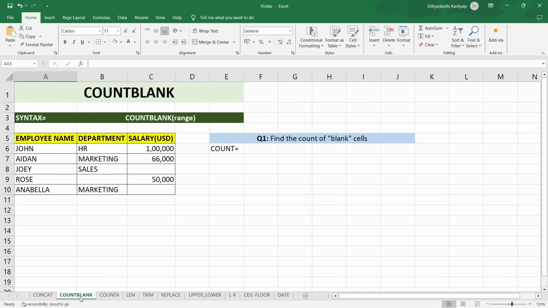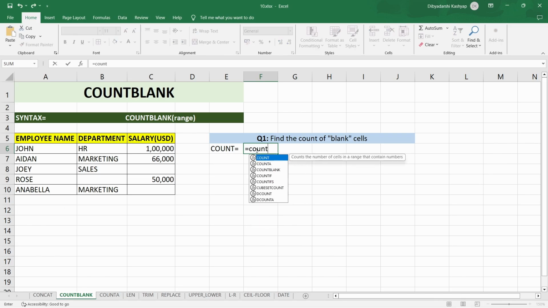Count blank. In Excel, the count blank function is used to count the number of blank cells within a specified range. Here's an example to illustrate how to use the count blank function. The question here is, find the count of blank cells in this data. So write equal to, then write count blank